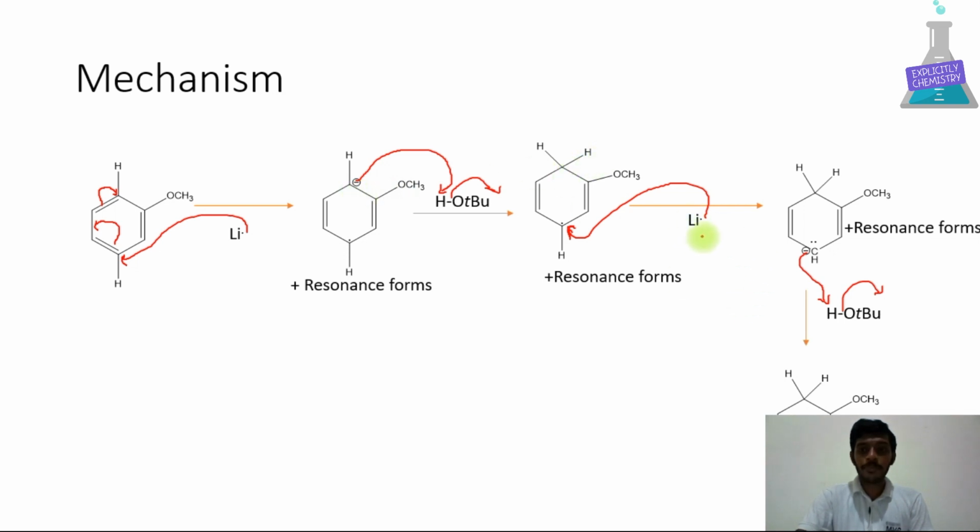Again, the second time, the solvated electron will add here. The radical will be here, the electron will be added, and that anion will be generated. This also has some resonance forms. This anion will abstract this proton, leaving this behind, forming a cyclohexa-1,4-diene. You see, this is an electron donating group which is present at the sp2 carbon atom.